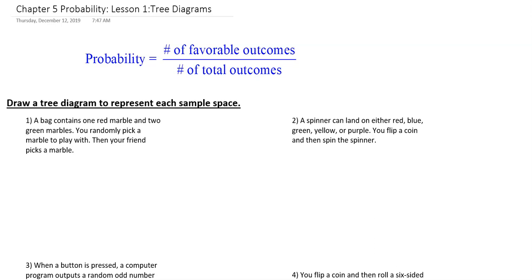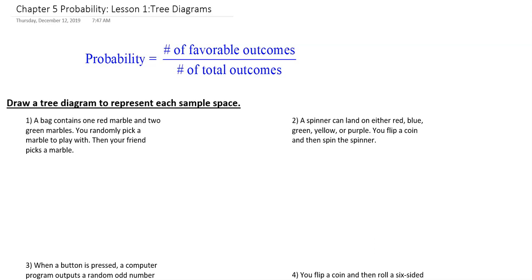In this lesson, we're going to be talking about tree diagrams. And tree diagrams are a tool we use in probability to help us figure out how many outcomes are possible. When you first learn about probability, you learn that it's about putting the number of favorable outcomes over the number